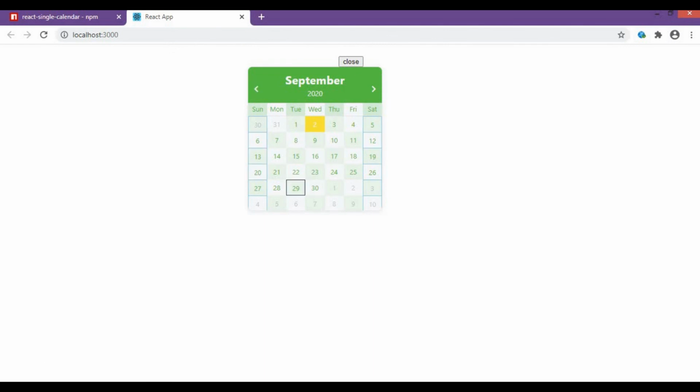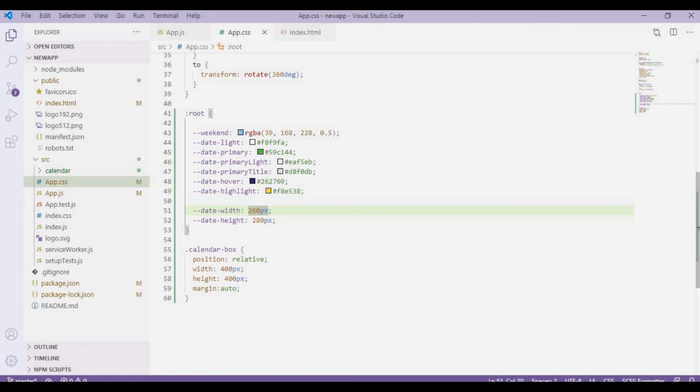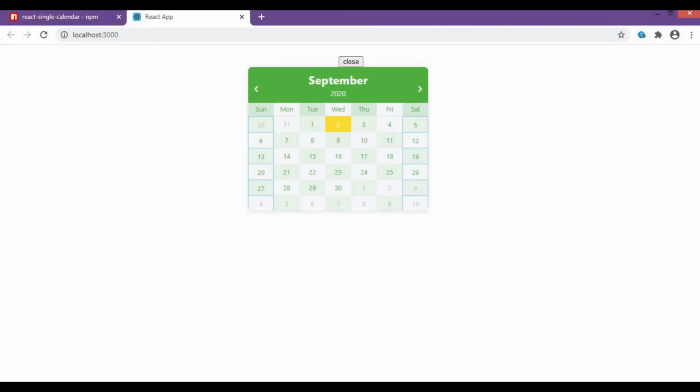Now I want this width to be increased and height to remain the same, so I'll go to the coding editor again, and I'll change the width to 320 pixel, and height let it be like this, or maybe 350 pixel for width, and height let it be like this. Okay, now let's go back to our browser and let's see how it is working. Okay, as you can see, it is also being increased. Now the color combination is also being changed.